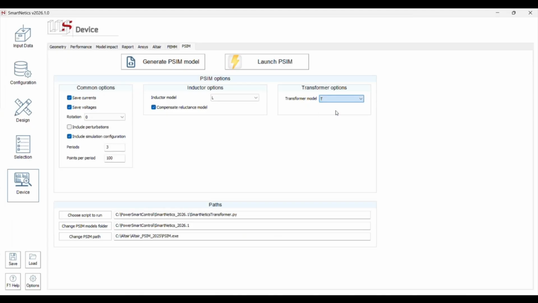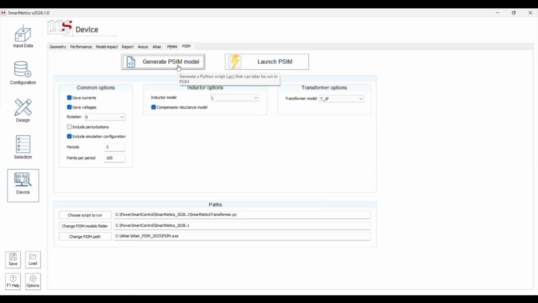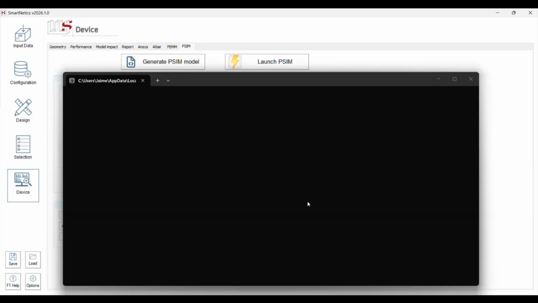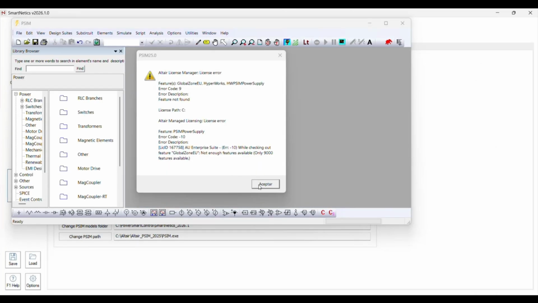I'm going to use this one, which is the one that includes losses and parasitic inductances, and the procedure is the same. In here, you can generate the PSIM model. If you have PSIM in this same computer, you can launch PSIM in here. And it will do the same. It will automatically launch PSIM, create a transformer, and